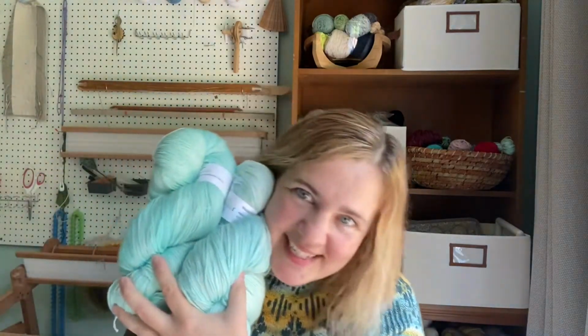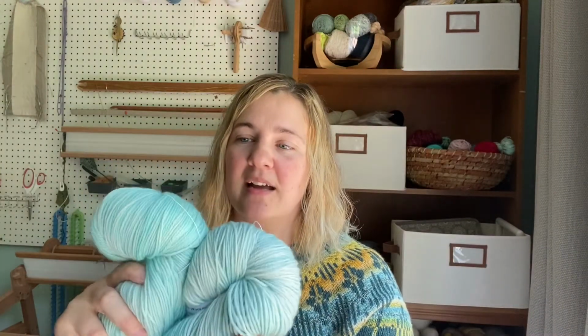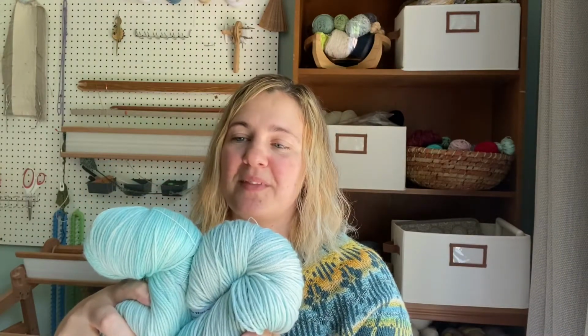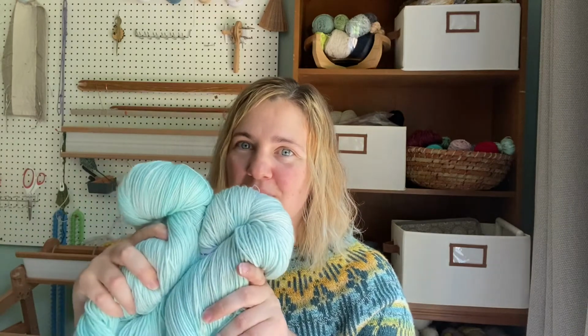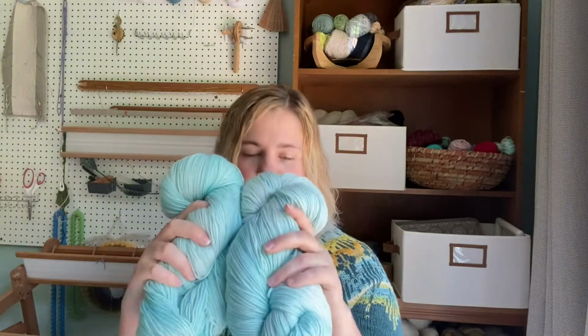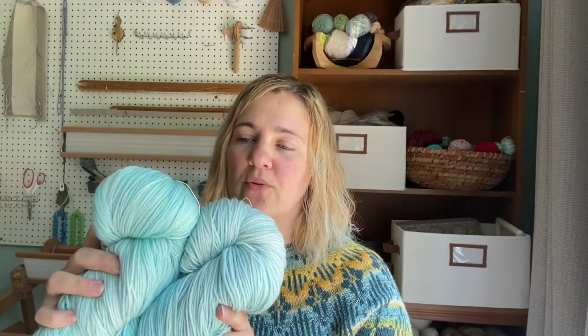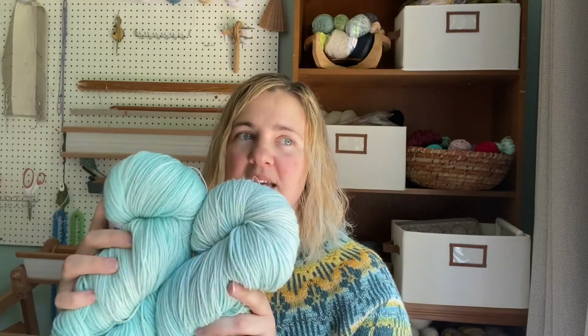And this is my signature color. Just that really, really soft aqua. You know, is it aqua? Is it turquoise? It just kind of hovers right in the middle of the two colors. I love that. And this is Mineville. It is kind of a discount yarn. I know you can get it from different local yarn stores. Mine carries it in different batches,